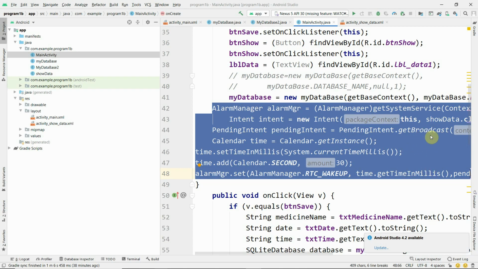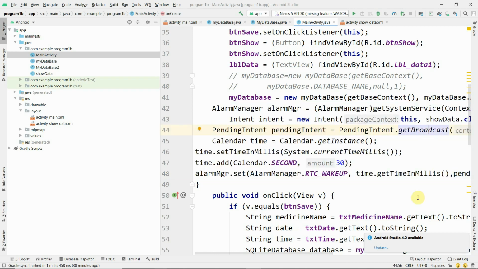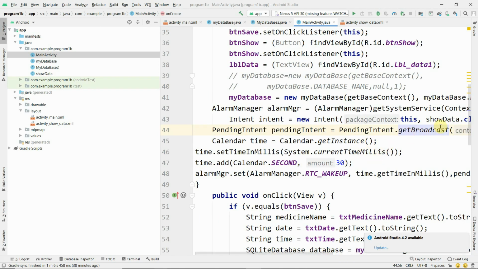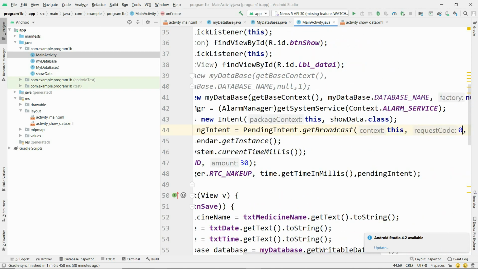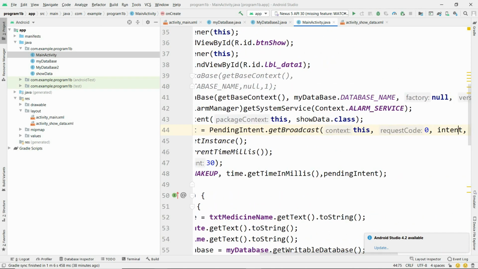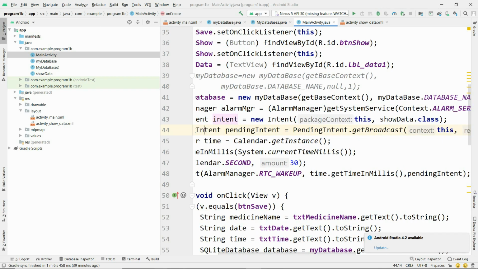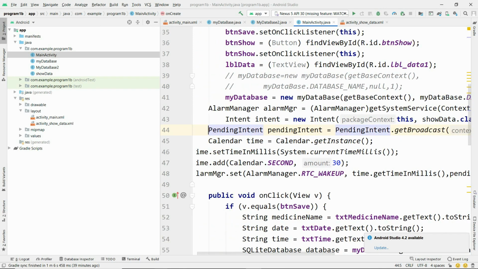To show that medicine name, we are going to create a PendingIntent object, and by using the PendingIntent object we are going to use the broadcast method. This broadcast method transfers the current object and intent, because the intent has the data of the current database table.